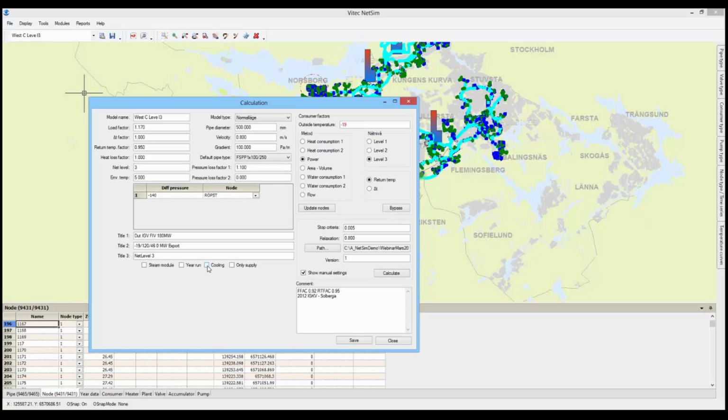If you want to renew something in the model, maybe you must shut down your main plant during the summertime to refine the heat exchangers or something like that, and you have to use alternative production. Then maybe, by altering your network, you can use the plants or production that is the cheapest one during summertime. I remember a case many years ago in a Swedish town where they had